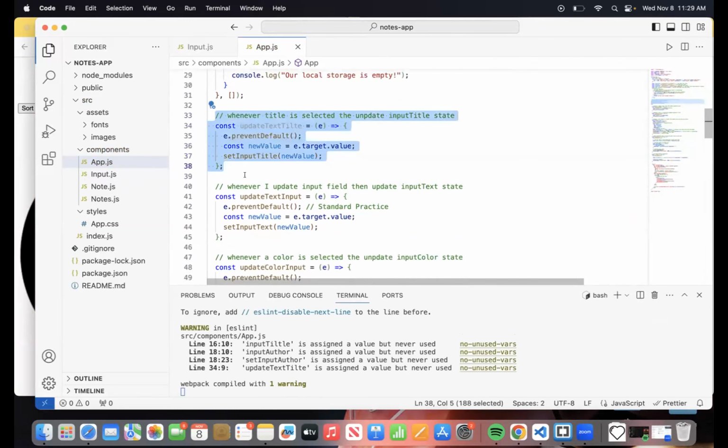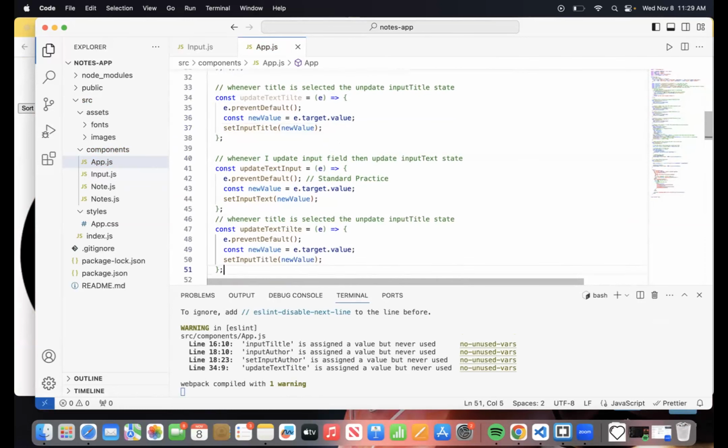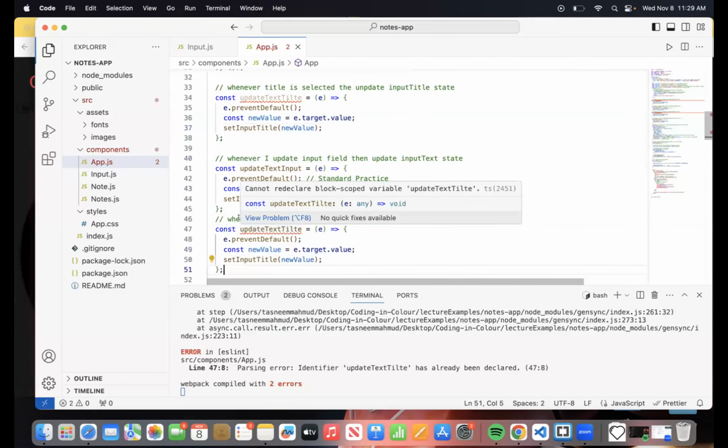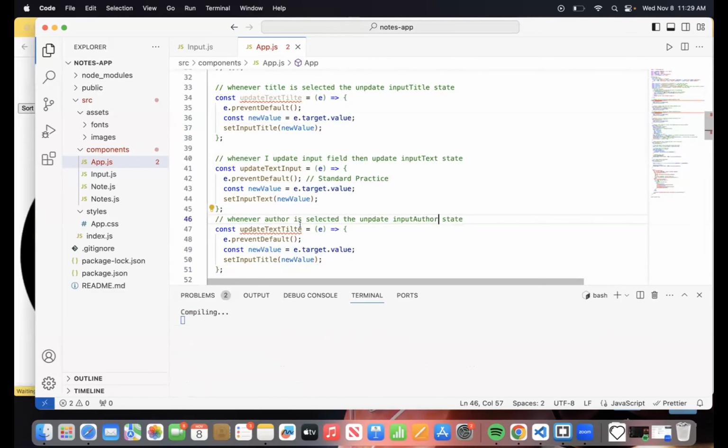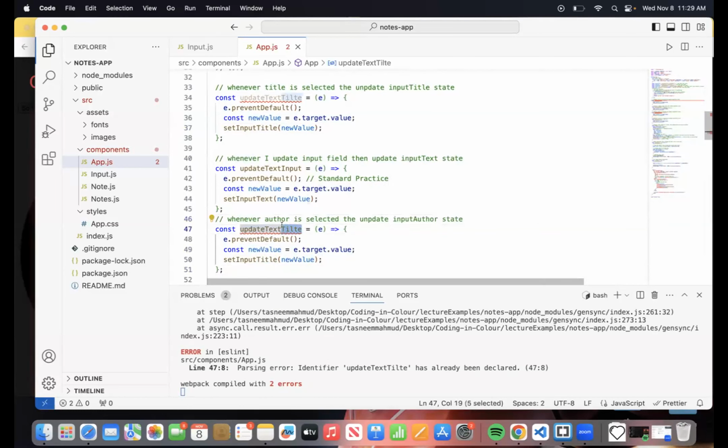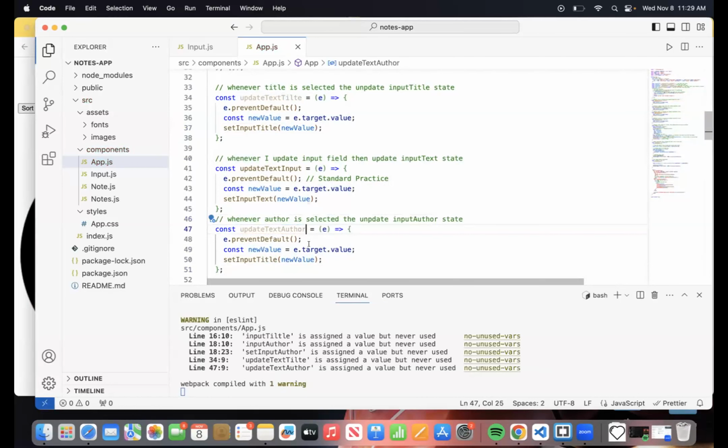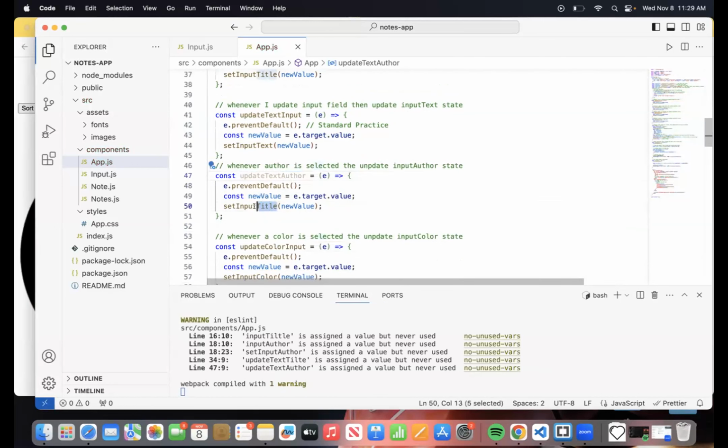We need to make another for the authors. So I'm going to change this to author, update input author. So let's change this to text author and this to author as well.